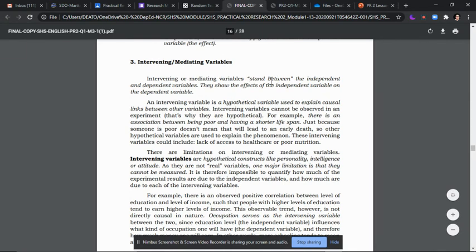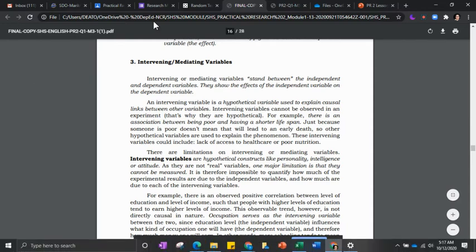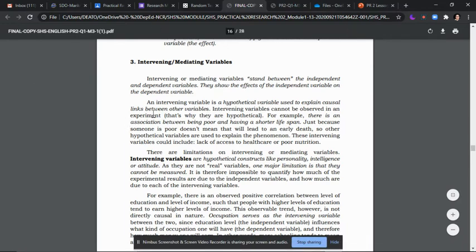Intervening and mediating variables stand between independent and dependent variables. They show effects of the independent variable on the dependent variable. An intervening variable is a hypothetical variable used to explain causal links between other variables. Intervening variables cannot be observed in an experiment.